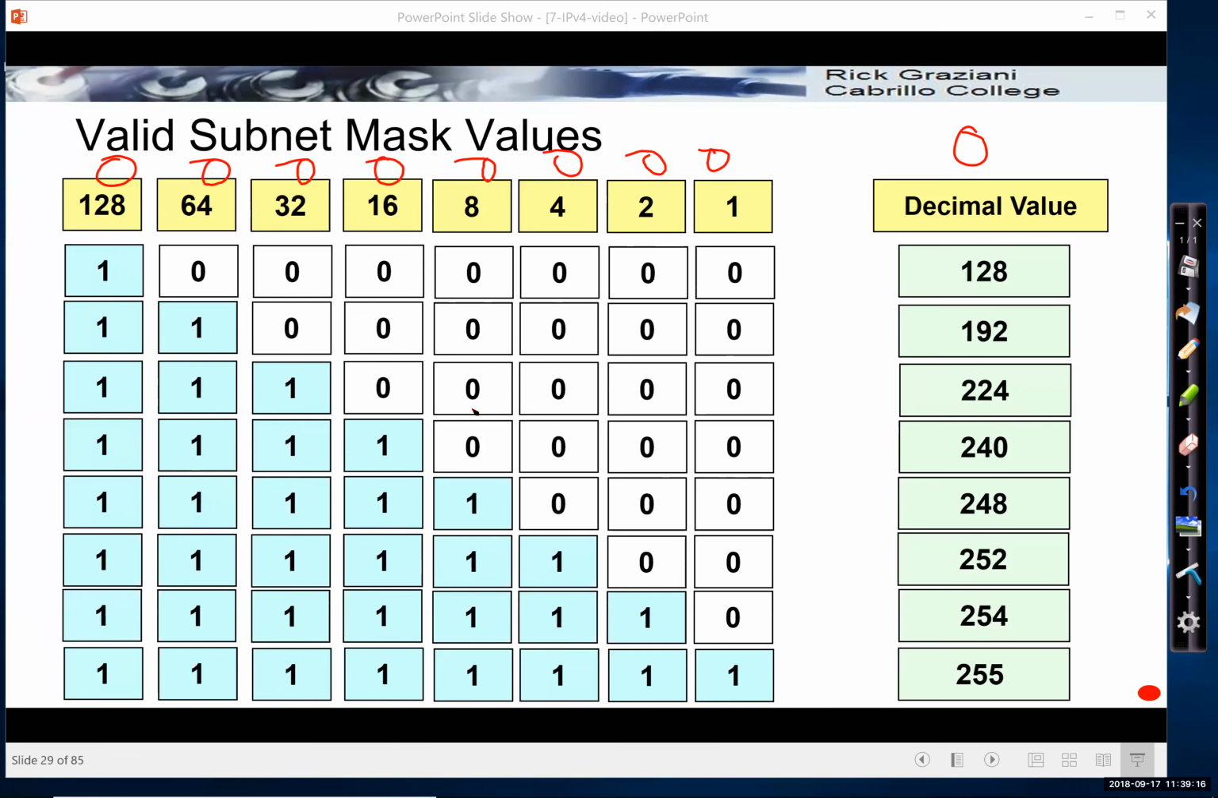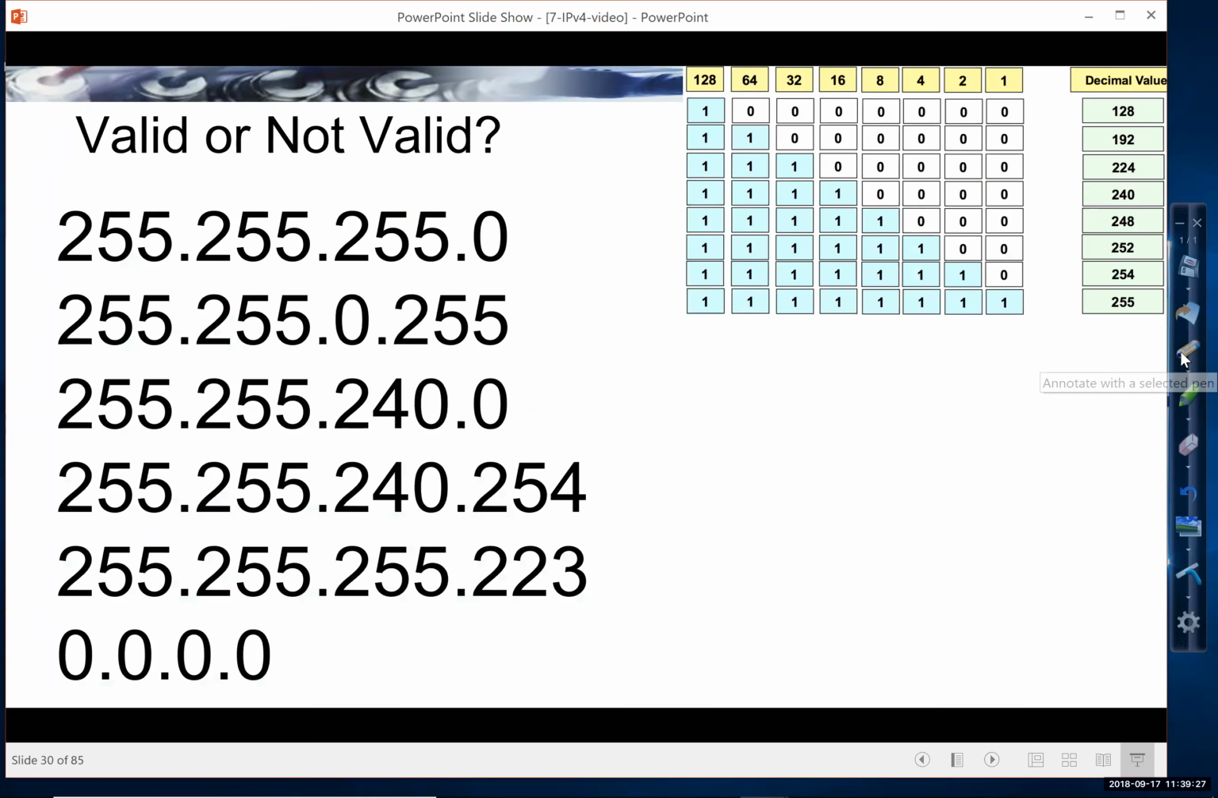Well, let's take a look at what might be a valid subnet mask and what might be an invalid subnet mask. Tell me, which of these are valid and which are not? Is 255.255.255.0 valid? Well, let's see. Those are all 1s, all 1s, all 1s, and all 0s. Yep, valid. Well, how about 255.0.255? Those are all valid decimal numbers, but we have 1s, then 0s,